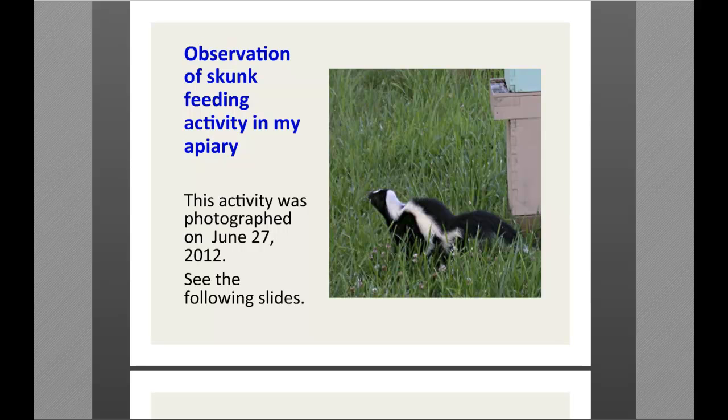We were sitting at a vantage point where we could see quite well at fairly close range. Skunks apparently have pretty poor vision, and that's to your advantage in that case, although if you were out walking around, the skunk probably would not appear in the first place. The hives in the bee yard were arranged in two rows, and the skunk began at one end of a row and checked the ground in front of the hives, looking for apparently dead bees.